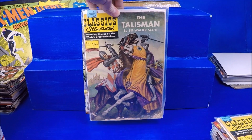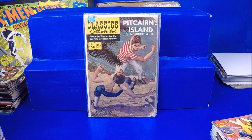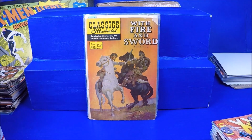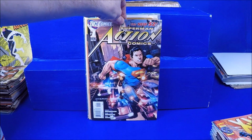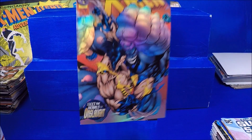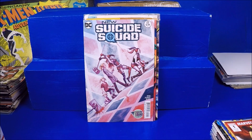Got a Classic Illustrated number 111. Classic Illustrated number 109. I usually don't go out of my way to find Classic Illustrateds, but if I can get them for $1 or so, I think that's about what I paid for these, I'll pick them up. Number 146. New 52 Action Comics number 1. X-Men, I'm not sure what issue this is. New Suicide Squad number 22. That's cool. I like the newer comics because I don't really go to the comic shop every week to pick up comics. So when I can pick up comics from the last year or so for $1 or less,